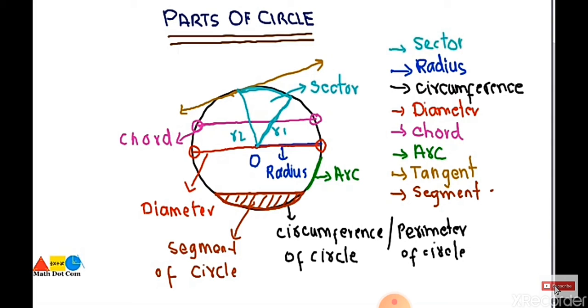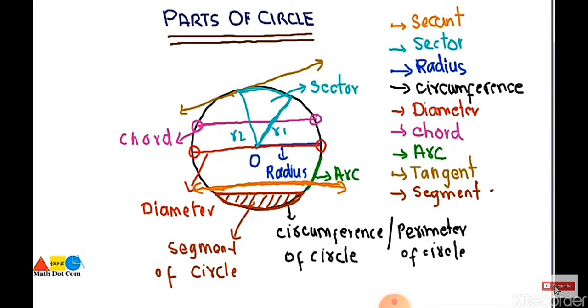Okay, so let's move on to another part of the circle, that is the secant line. Now what is the secant line? The secant line is basically the infinite extension of the chord. If I write here that this is the chord, then its infinite extension refers to the secant line or the secant of the circle. This is another part of the circle. When the chord extends infinitely on both sides, that is, outside the boundary of the circle, then that refers to the secant of the circle.